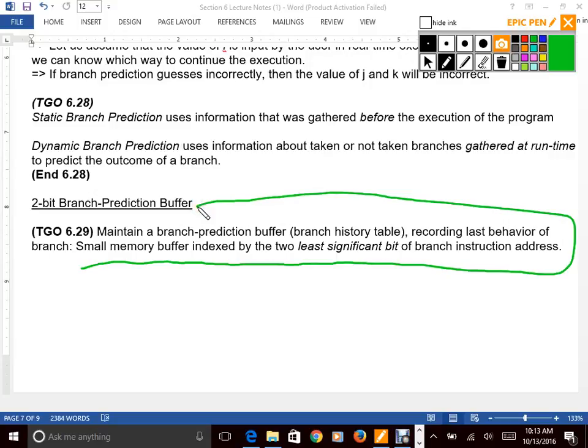So if you generate an address in the immediate value of the instruction, you use the 2 least significant bits of the branch address to calculate whether you're going to do a taken or not taken. And there's a finite state machine that we're going to cover next